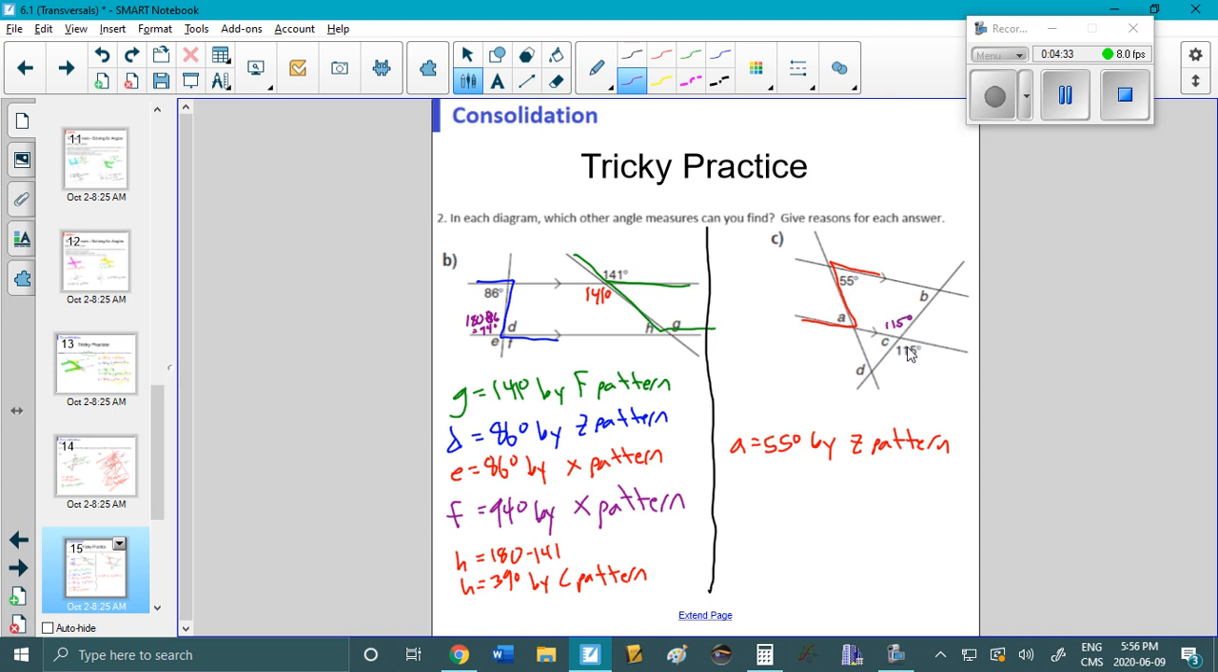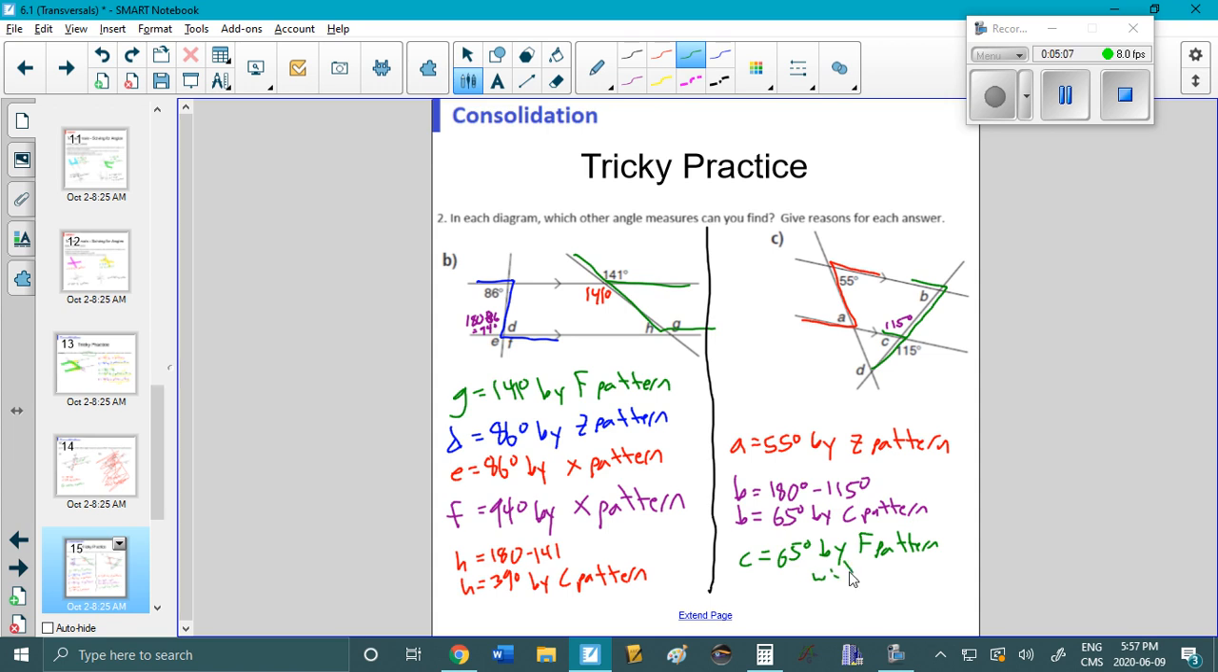So this is 115 because it's opposite. So B equals 180 minus 115. B is 65 degrees, and that was C pattern because those two angles in the C add to 180. Okay, oh, we've got an F. See this big F pattern here? So angle C equals angle B, which is 65. So I'm going to say 65 by F pattern